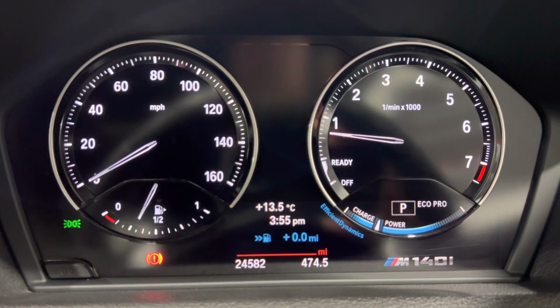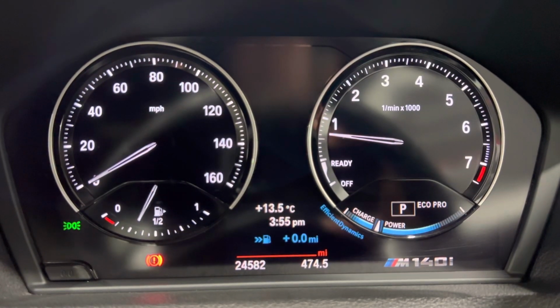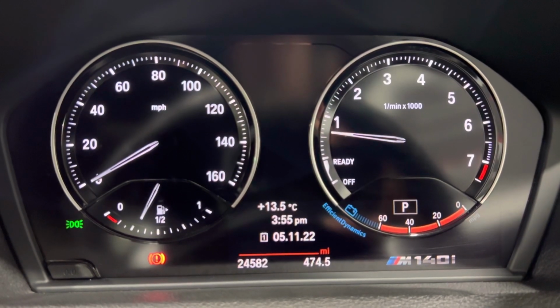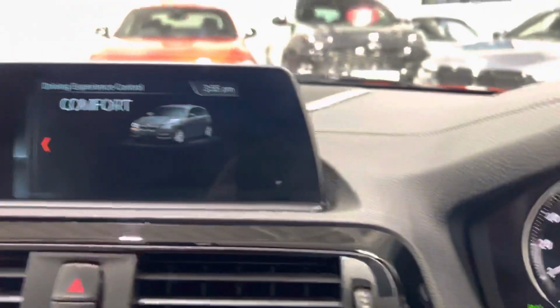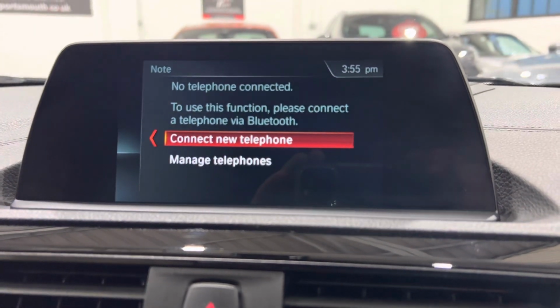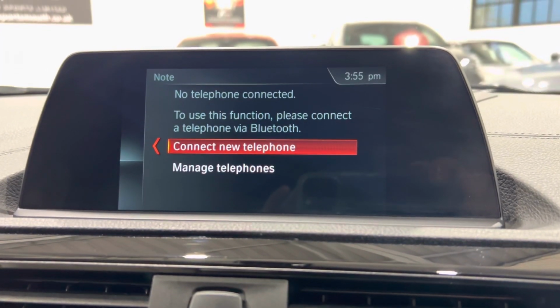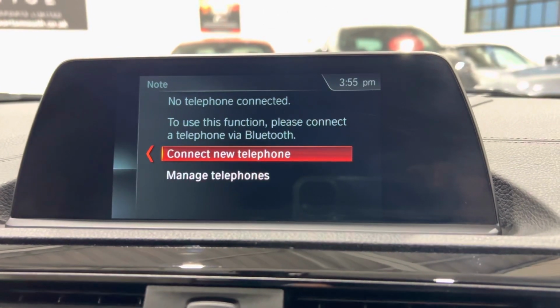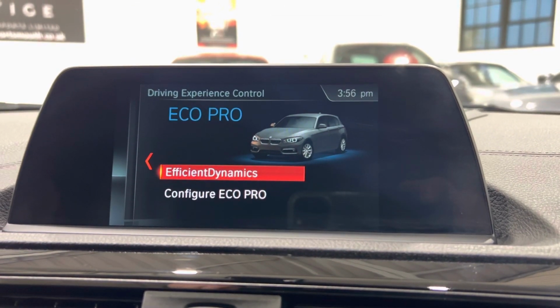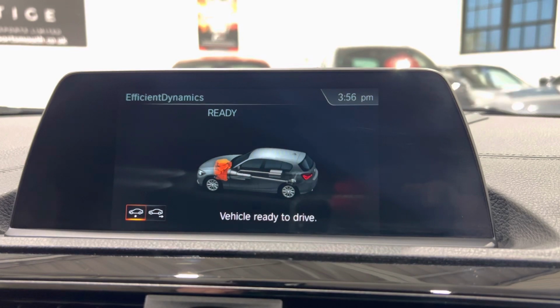Now I've just gone into Eco Pro. By default, Eco Pro or Comfort will be in the softer drive mode, and then Sport and Sport Plus will be in the sport, more dynamic setting on the shock absorber. Sorry, just trying to keep this in focus. Right, so in Eco Pro we can see